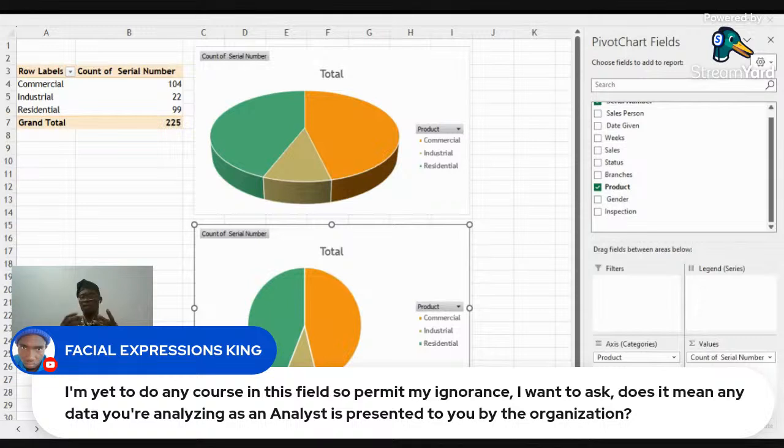For example, let me give you a very local example. If they have systems, maybe when somebody comes to buy, the system scans and takes note of the product and the amounts, what was paid and the quantity. While that is happening at the front end and printing out receipts for the clients, behind the scenes the system is creating a database of all this. It is not the data analyst who sits in front of the customer and collects the customer's details. No, it's the customer service person. So when a person does that, the data is recorded and stored, and the data analyst now gets that data. That is where the job of the data analyst starts.